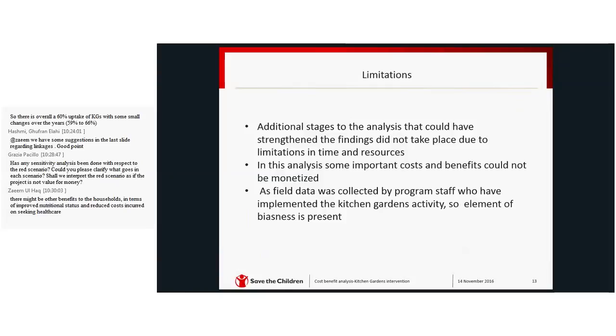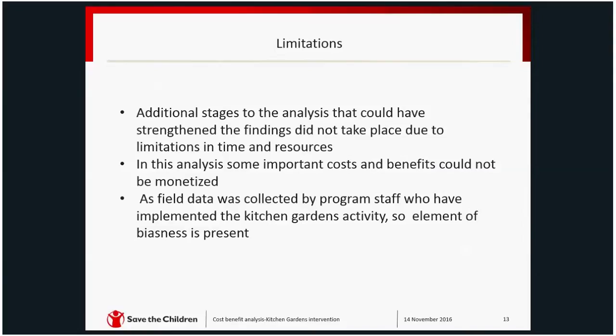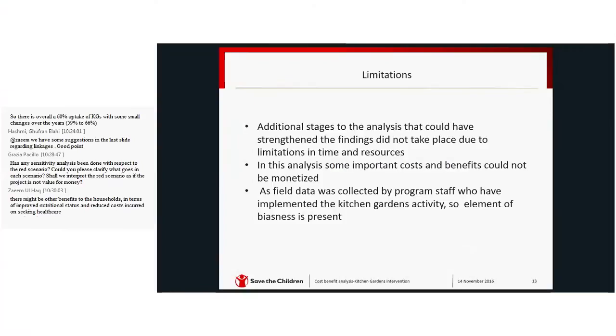So that advanced level of the finding, we could not do that one, because we don't have the support of an economist to do that type of further rigorous analysis to calculate what the discount rates were, etc. However,